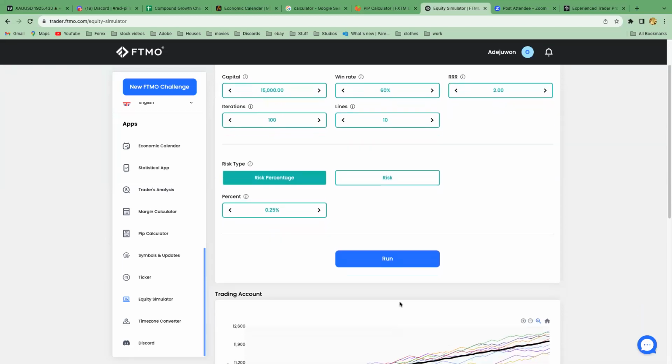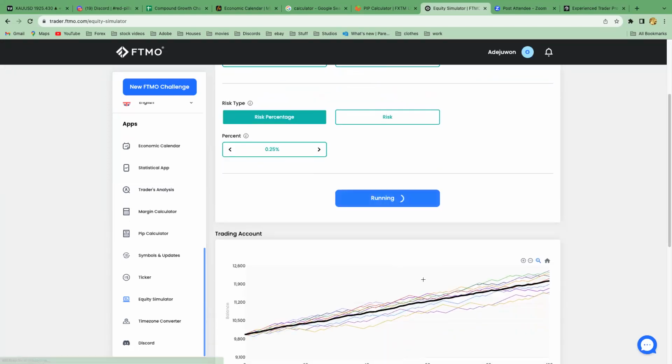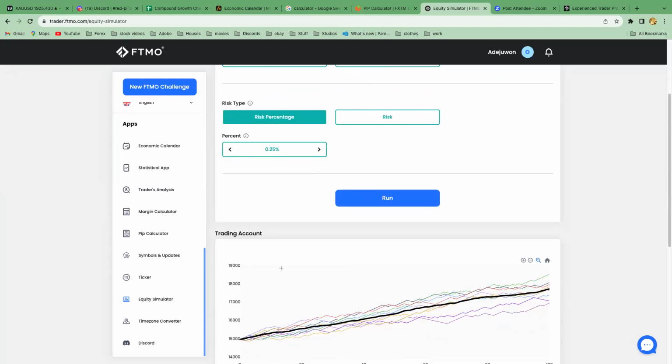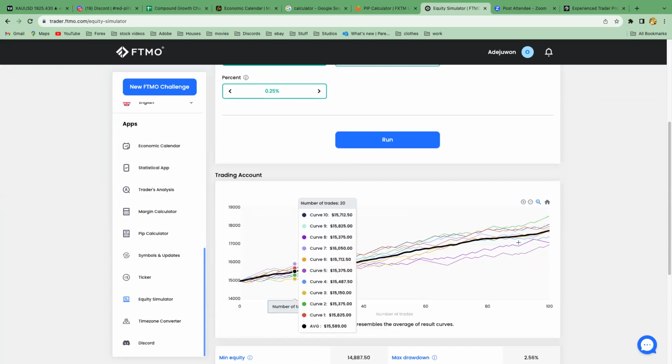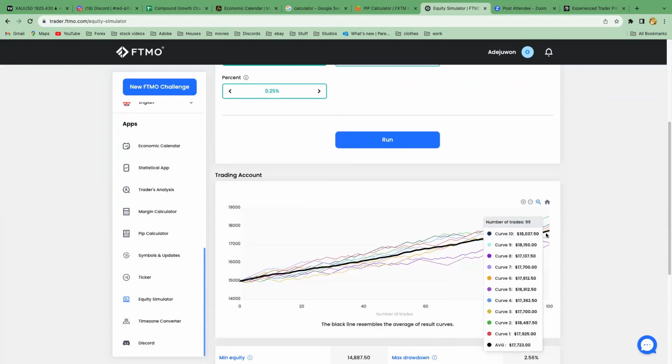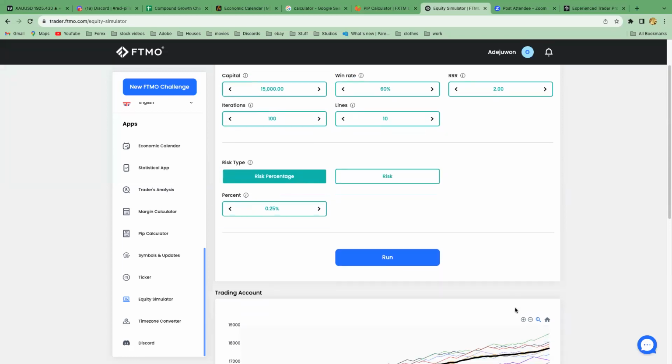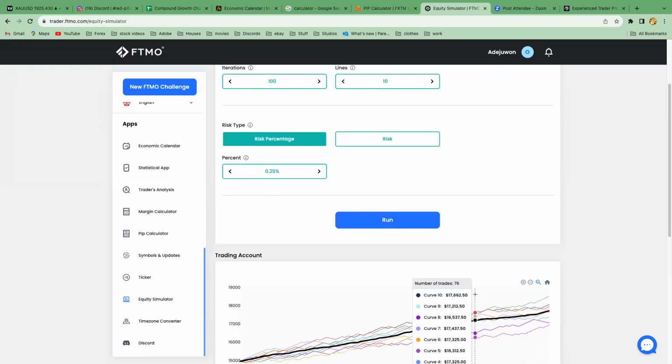And then the next thing you do is you just press the run button. As soon as you press the run button, you can press it a number of times, and it's going to give you a different equity curve. Because imagine, again, it's like 10 people took 100 trades, and based on the facts you put up here, every time you run it, it's basically a new simulation that has occurred.